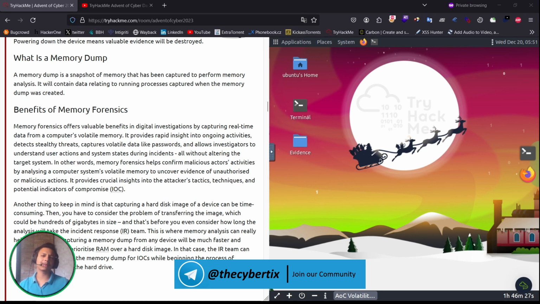What are the benefits of memory forensics? Memory forensics offers valuable benefits in digital investigations by capturing real-time data from the computer's volatile memory. It provides rapid insights into ongoing activities, detects stealth threats, captures volatile data like passwords, and allows investigators to understand user actions and system states during incidents, all without altering the target systems. In other words, memory forensics helps confirm malicious activities by analyzing a computer system's volatile memory to uncover evidence of